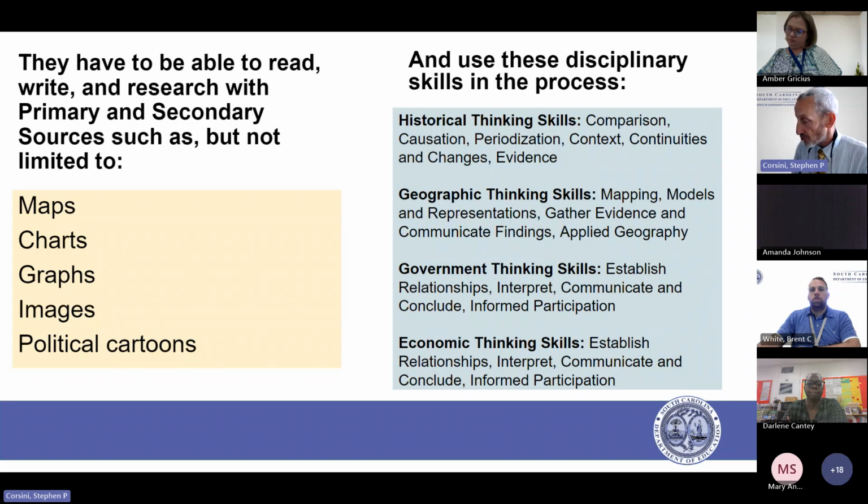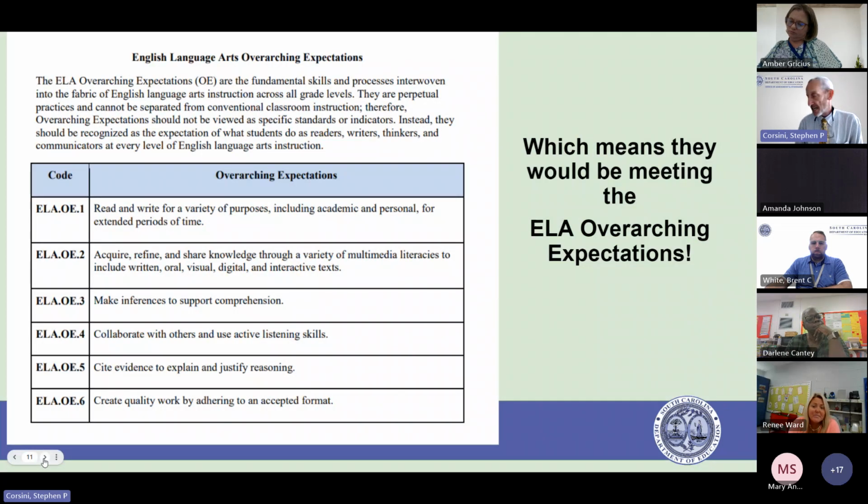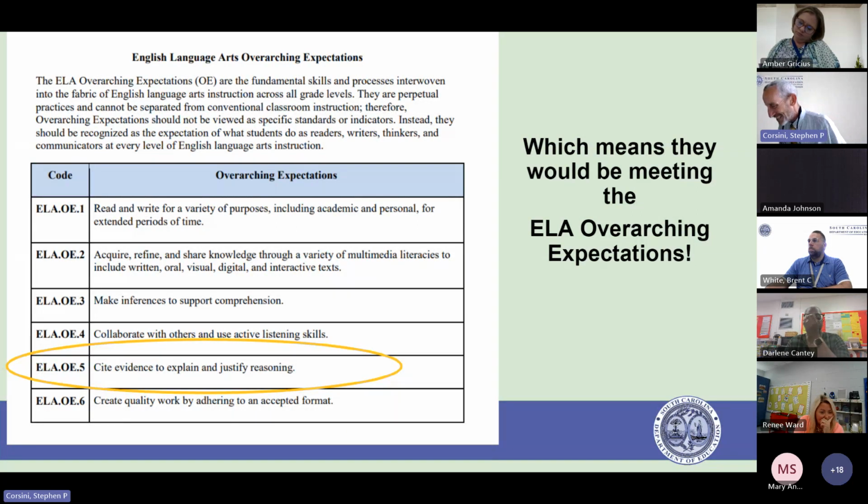It's so important that we have social studies taught to our earliest learners because they're starting to practice using these skills that they will use throughout their entire career. And if you have seen the new ELA standards, we have these overarching expectations. When you look at these overarching expectations in general, this is what we want in a good social studies classroom, especially when we get kids working with evidence to explain or justify their reasonings. We have an evidence indicator in every standard that requires students to use evidence, pardon me.